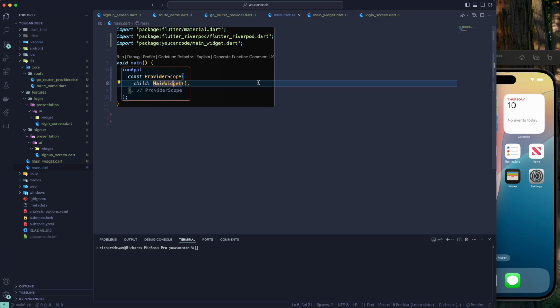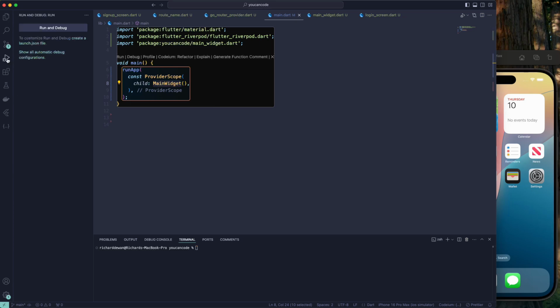like we used to do with Provider, or if you are using Flutter Bloc, that's also following that particular pattern. You have to wrap that provider, right? But here in Riverpod, it's quite simple. We just have to wrap it with the provider scope, then we are good to go. Now we can use all of our providers anywhere down the tree of this main widget. So let's run our application, and let's go to the run and debug, and